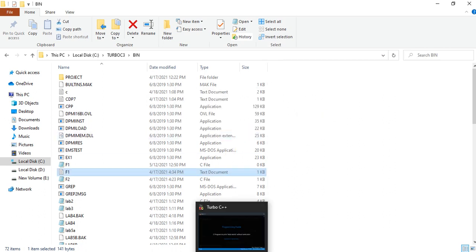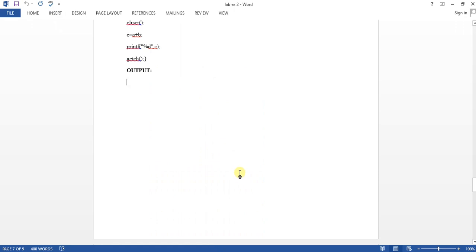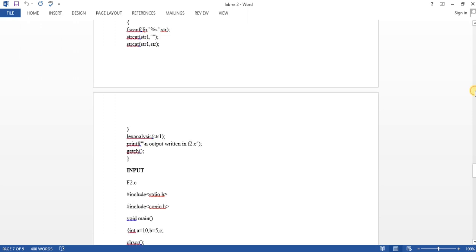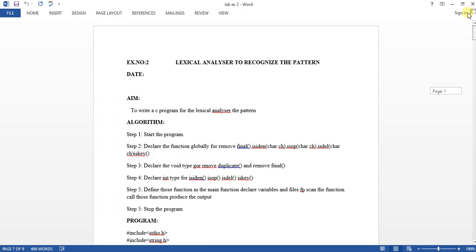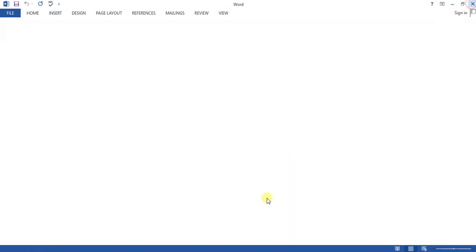This is the output of the second experiment. What it does is recognize the C program, the f2.c program, and give us the output of what the identifiers are. In the first experiment we did it inside the program itself, we gave the input as if a plus b, like that. For the second experiment we give the input from outside the program, that is an external file f2.c. That's it, no big difference.